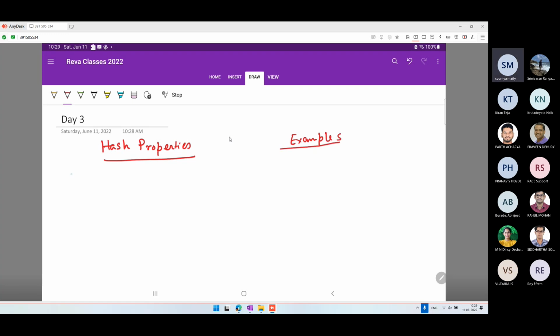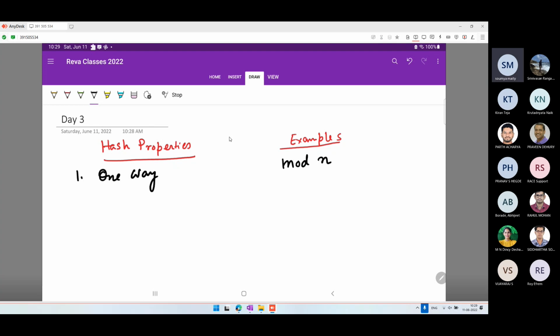One of the first hash properties that we have discussed is that it should be one way. And one example that we have already found is mod